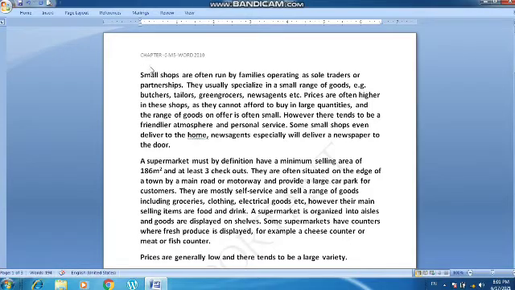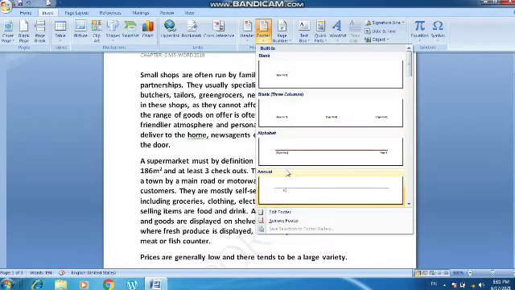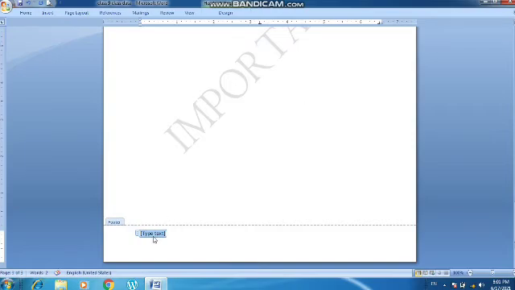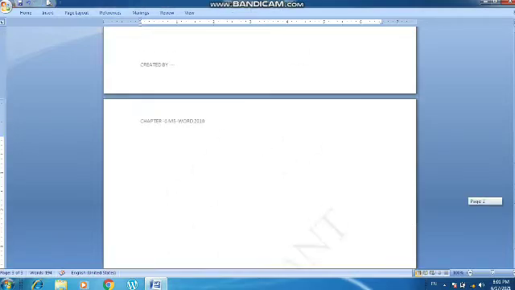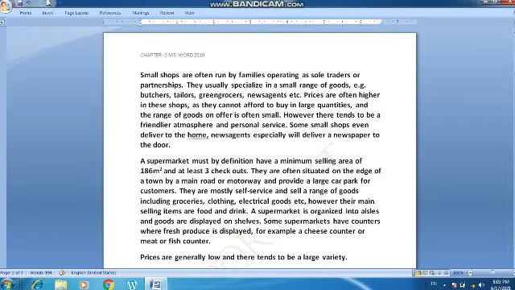Same goes with footer also. You can simply go to the Insert menu and click on the Footer option. You can select a footer. Suppose I am clicking the blank one. If I write here "Created by" and suppose your name, this is written, so it will also come in every page. You can see it is mentioned in every page. So this is how the header and footer can be inserted. It is very helpful when you want a particular text to be repeated in every page of your document at the top and at the bottom sides.